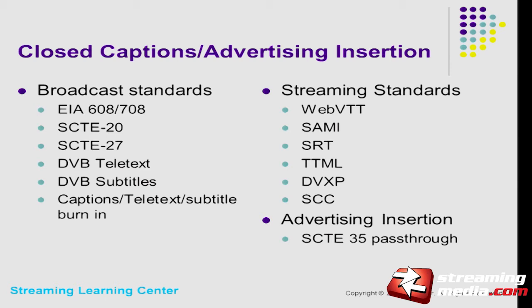And then there's a huge difference in which broadcast standards are supported by these encoders and which streaming standards are supported. So you really need to identify the standards that you need to support. Some of these are European, most of these are United States. The streaming market is very, very dynamic when it comes to closed captioning. I mean, chaotic is probably a better word than dynamic. It's just crazy how companies are switching formats. So you really need to know which formats you support today,